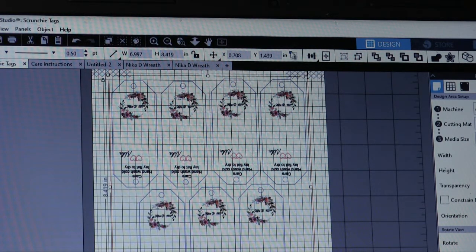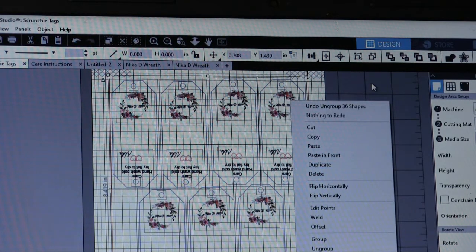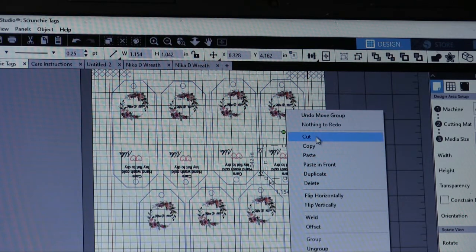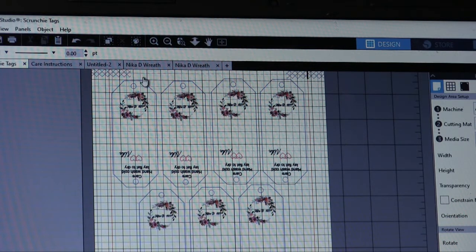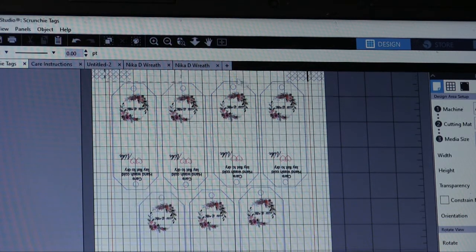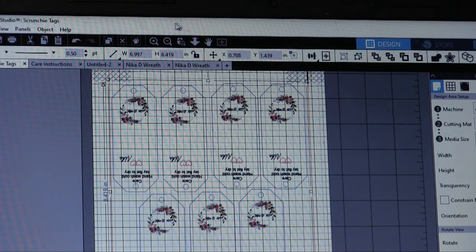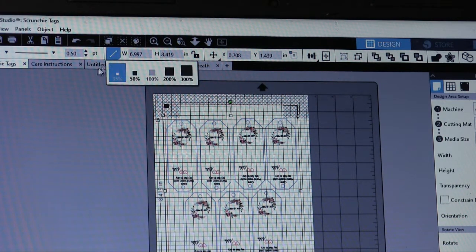I'm going to click on ungroup for now because I want to copy this here. Oops, hold on, it's got everything selected. I want to copy this. Okay, so now I'll go ahead and group that back together so I can print it when it needs to be printed. Okay, so I'm going to go over to the one that we're working on,